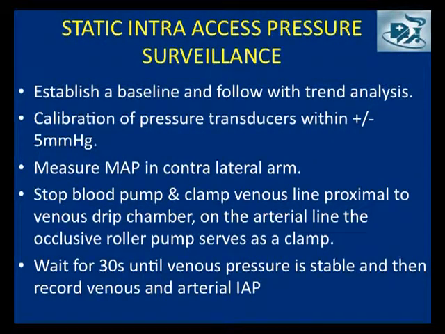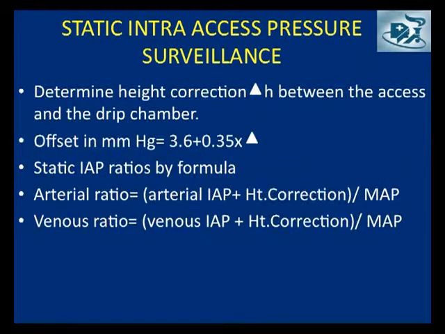Intra-access pressure is basically a standardization of a ratio that's calculated compared to the mean arterial pressure, and normally the intra-access pressure is less than 50% of the mean arterial pressure. So with this method we can calculate the intra-access pressure, and this is the formula, which is quite cumbersome, that's why we are not using it. The above method is tedious, time consuming and not very user friendly, but there are sophisticated electronic transducers or a device consisting of a hydrophobic Luer lock which can be connected to an Android manometer for calculating the access pressures.